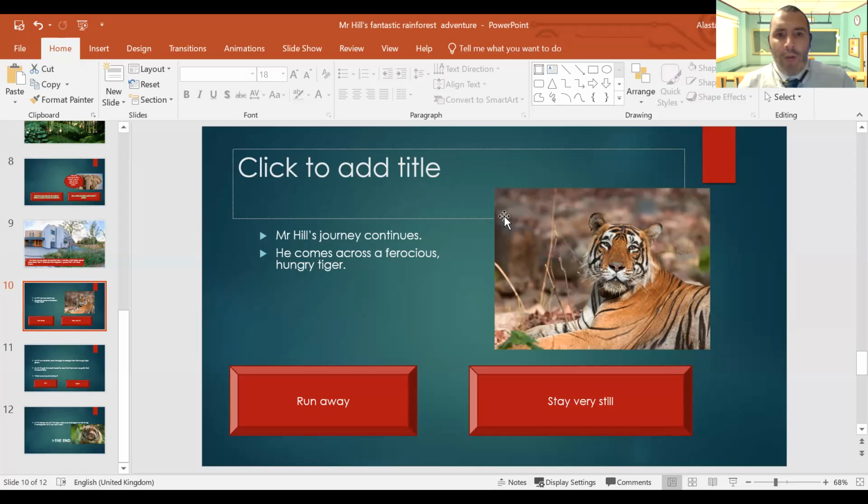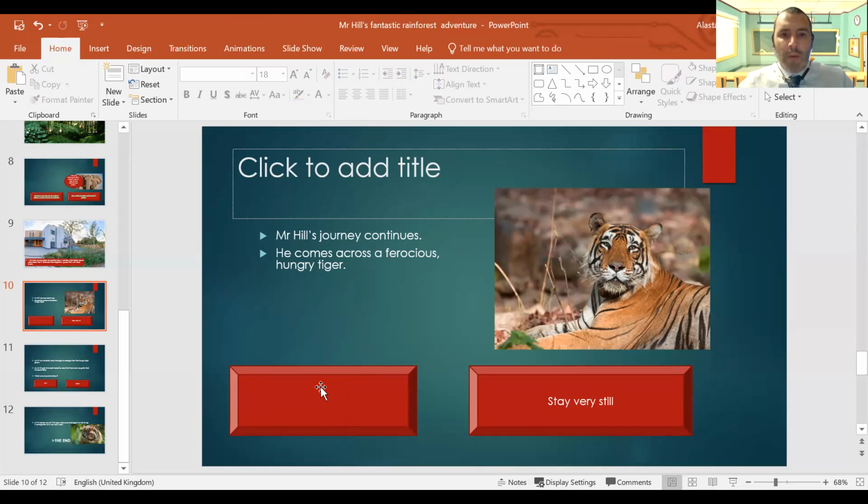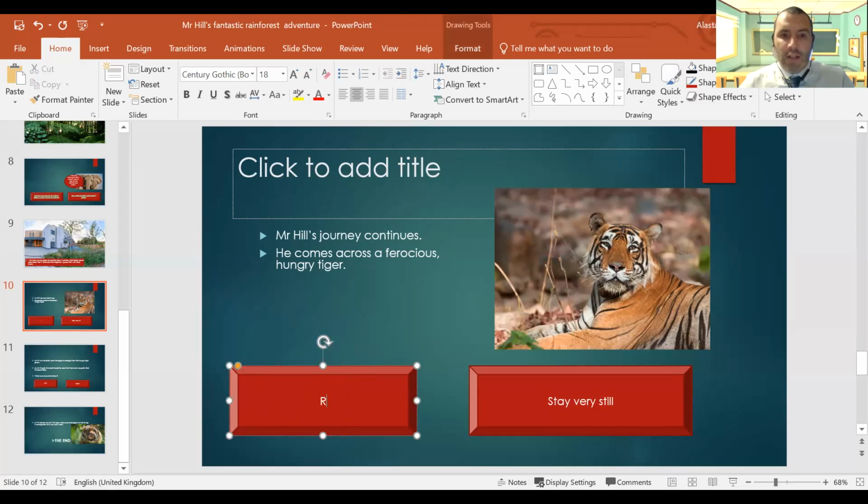So what I've done, I've got 2 choices to make here. I've got run away and I've got stay very still. Now, just to recap how to add our text to our buttons, we double click on the box. So I'll just delete this one for now and I'll show you from the beginning. So we double click, that brings the text arrow cursor in, and then we can just type back in